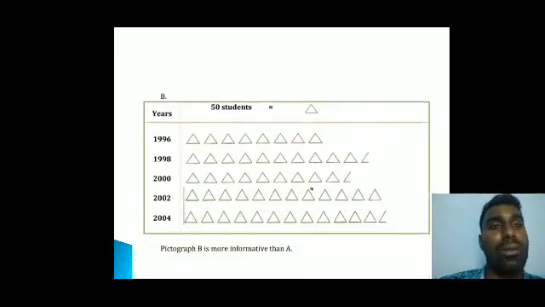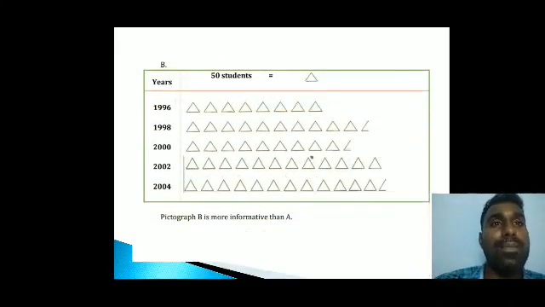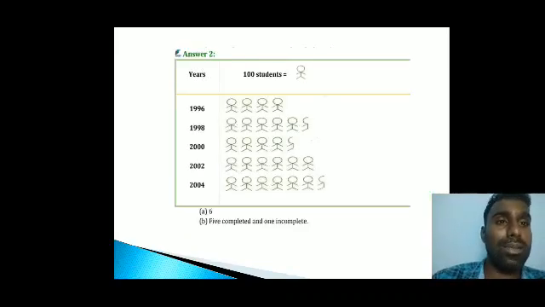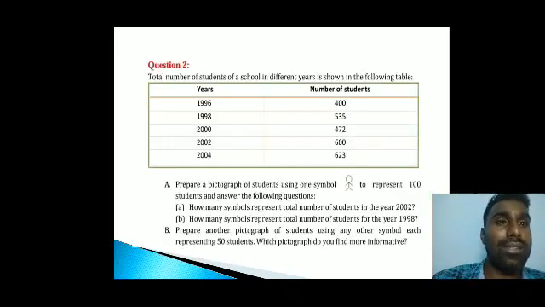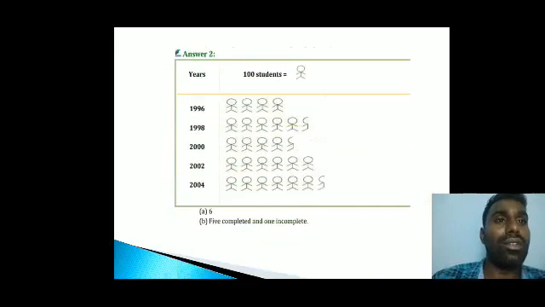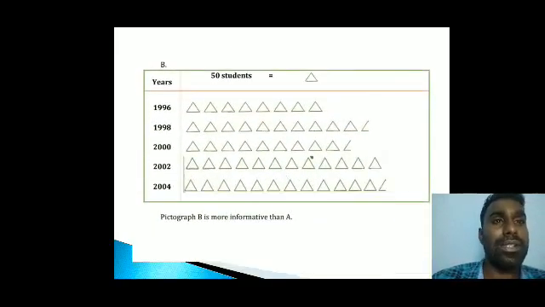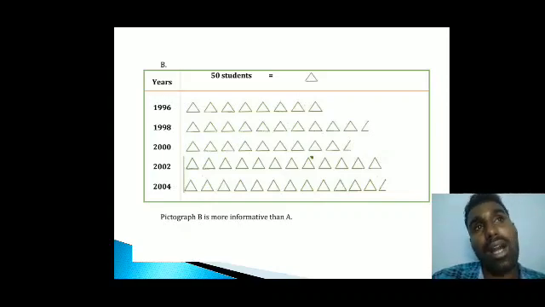So next problem, case B: I have taken 50 students, and for 50 students this is one symbol, a triangle symbol. So for 96, the value is 400. So 400 means it will become 8 pictures, right? Because one picture represents 50 students as I have taken, but you may take 100 students also, okay. 100 students means 4 times only you have to